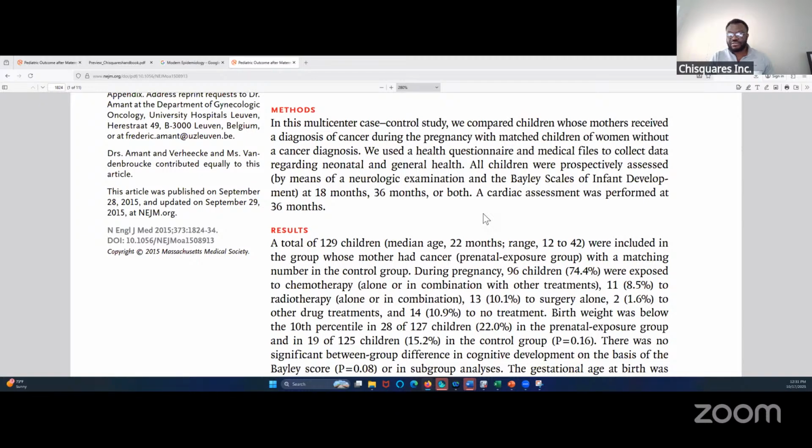Okay, I think we will identify our cases, and in this case it is children with neurological conditions, and then match them to the controls, and then look back to see if their mothers had a cancer diagnosis during pregnancy. Excellent. So step one will be to identify the children who have the outcome of interest, which is neurological issues, right? That's step one. And how could we identify them? Now we're talking about practically. How would you identify children with neurological issues? What would you do?